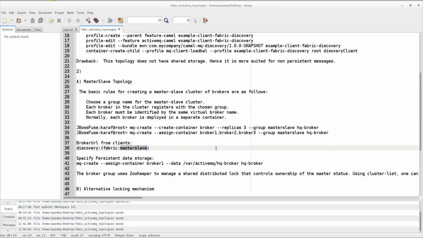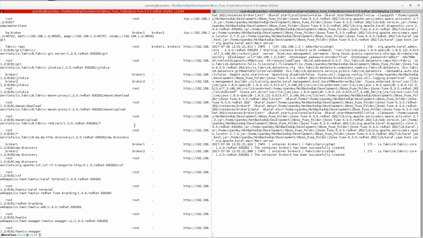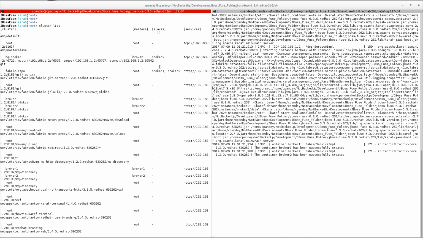Right now, as I have just straightforwardly created the brokers without configuring any port or IP, it would not be feasible to use the static IPs and port. If you remember, I showed you the output of cluster list. Here, these are the static IPs and port.